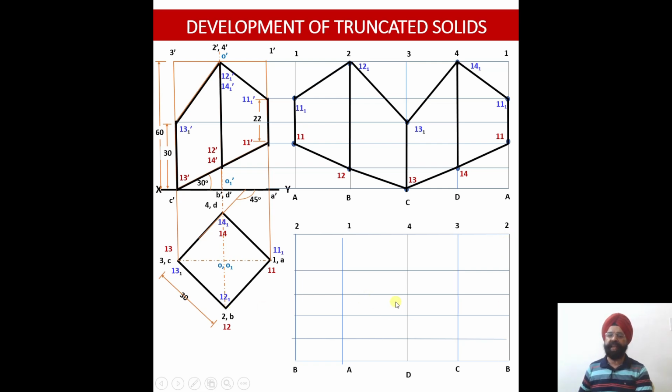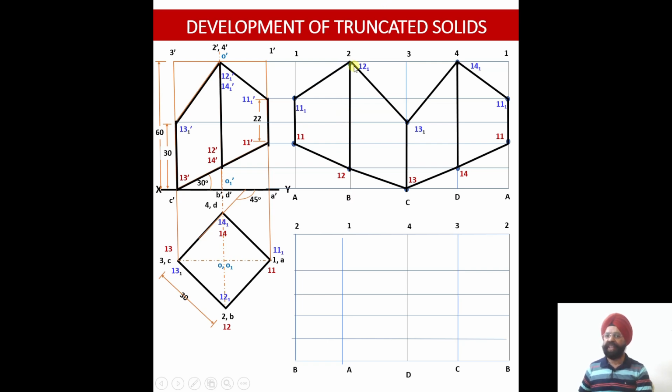So let me make the development corresponding to the top cutting plane. You see, 2B edge, if I start from here, where it was cut, you see 2B was cut over here, the point was 12.1 dash. So the projection over here was 12.1. This is the point of intersection of the first cutting plane with the vertical edge 2B.